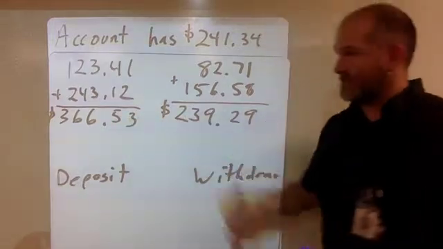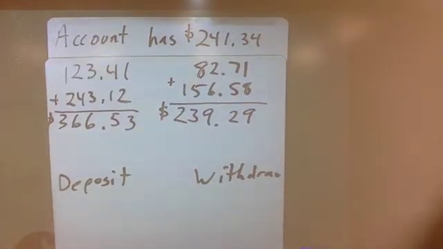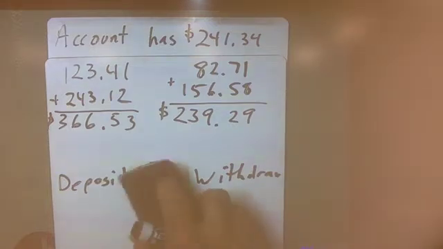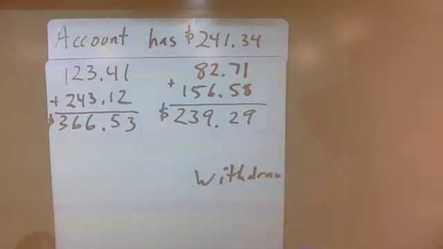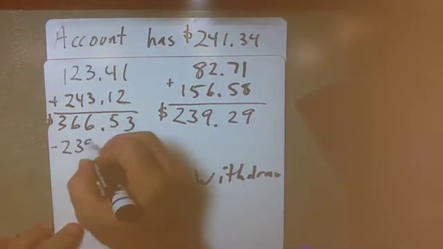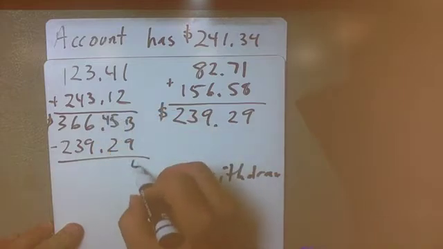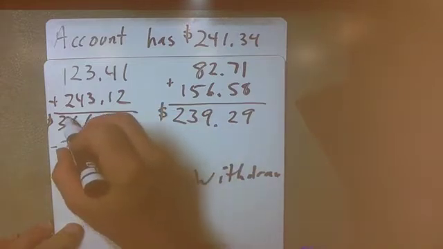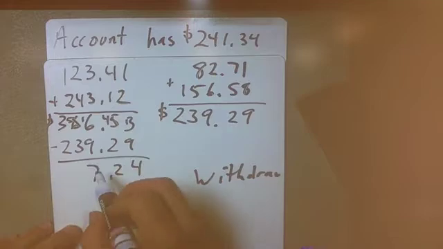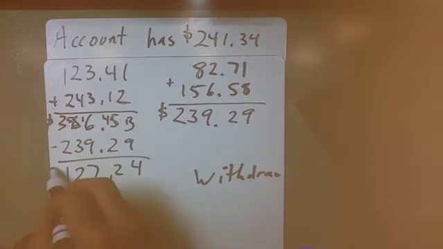So that's what we're going to do here, subtract. It's the same concept, they're just bigger numbers than 10 and 4. So if I subtract 366.53 minus 239.29, I have to borrow from the 5, that's a 4, 2, borrow from the 6, that's a 16, so 7, 2, 1. So in total, I am going to deposit at the end of the day